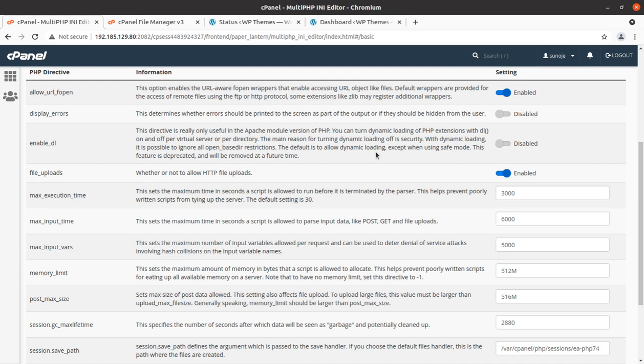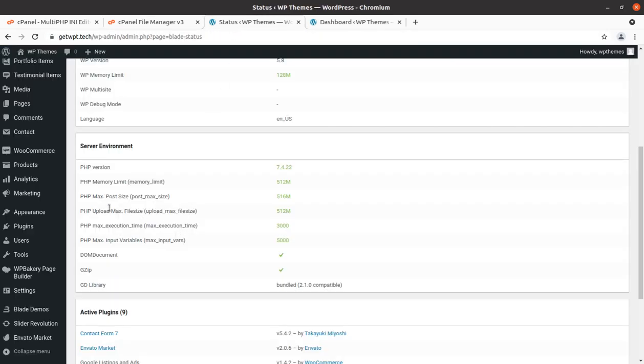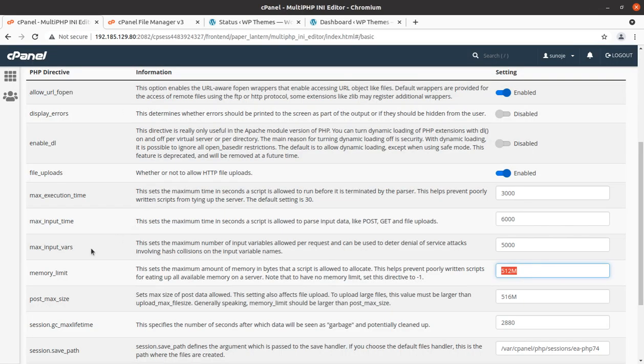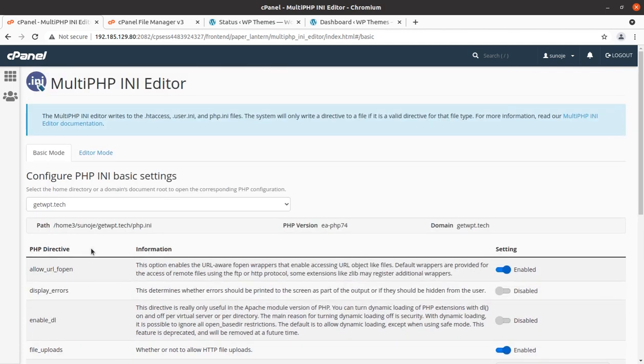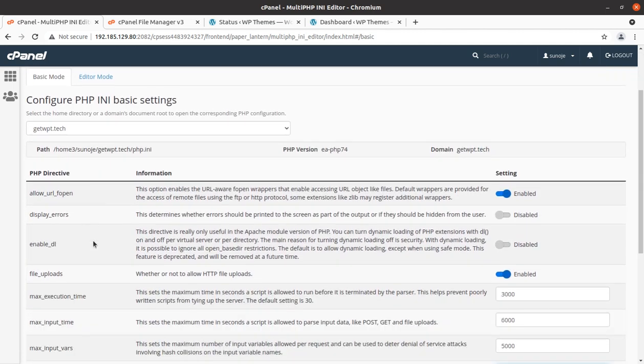I can show you what I have set. Maximum execution time is 3000, maximum input time is 6000, max input vars is 5000, and here I have set the memory limit. This is the PHP memory limit, 512 M, and this has been set from the multi PHP INI screen at the cPanel.